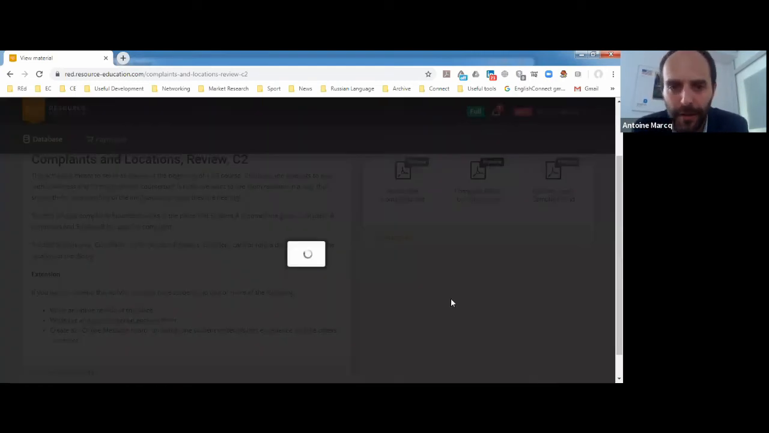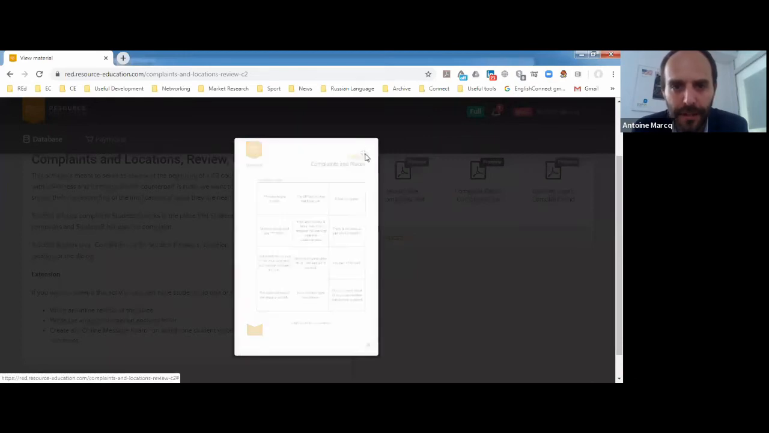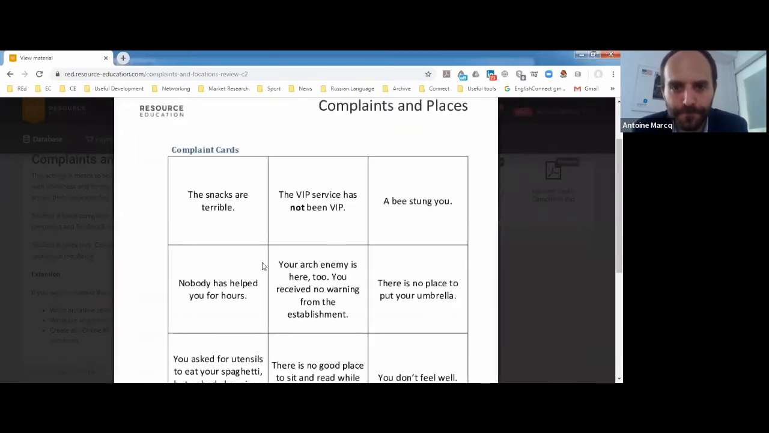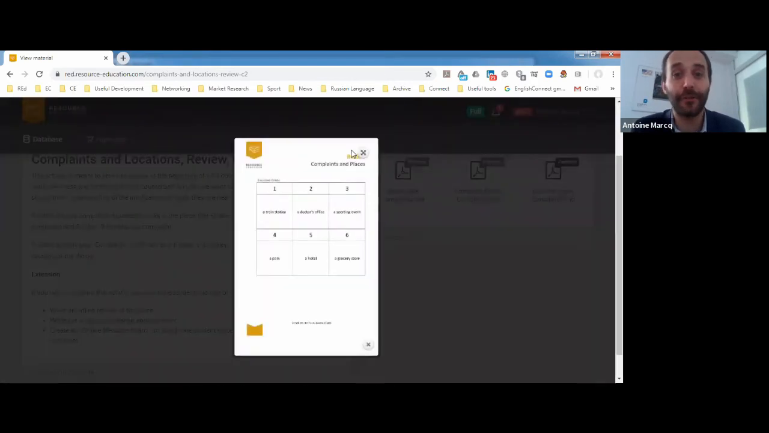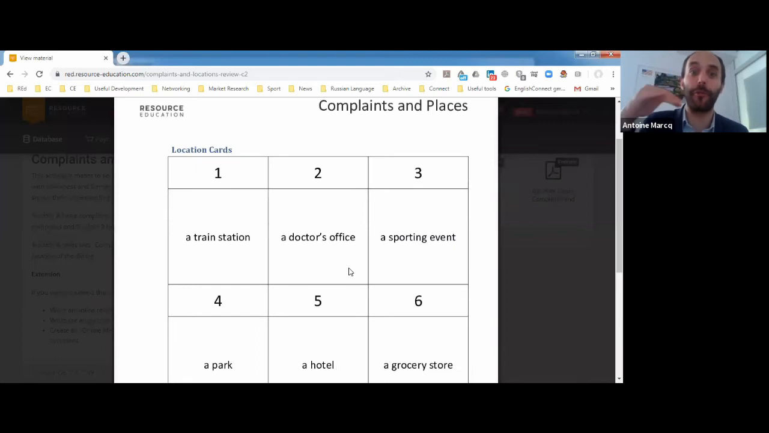And student A picks up a complaint card. The VIP service, you see the one in the middle, the VIP service has not been VIP. The student B needs to react appropriately in terms of formality and everything. And they need to model the activity based on the location they're at. So a doctor's office. Well,